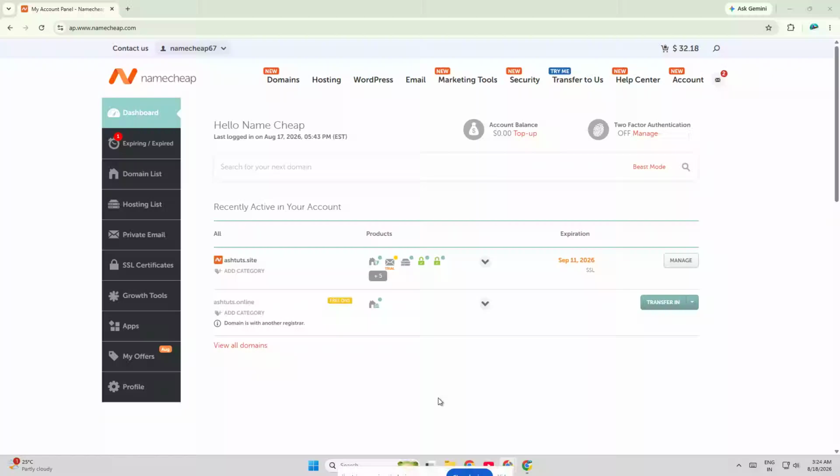If you want to change the DNS servers on Namecheap, I'll walk you through the whole process step by step, and I'll also show you exactly how to save the changes correctly so everything updates the way it should. This is useful if you're moving your domain to a new hosting provider, connecting Cloudflare, or simply switching from one